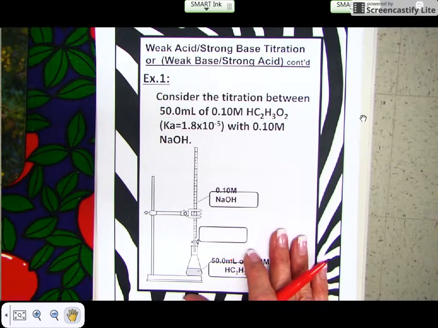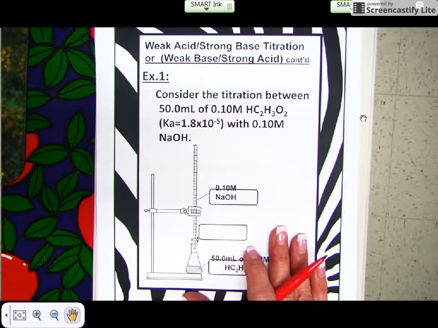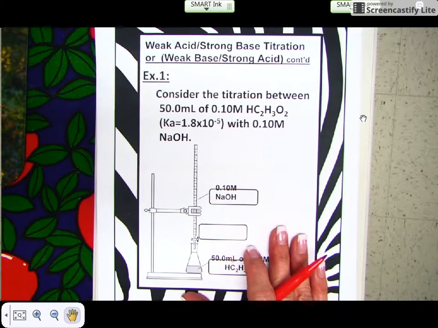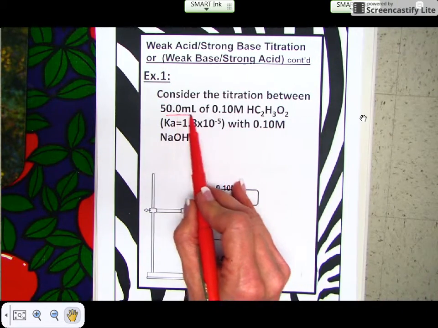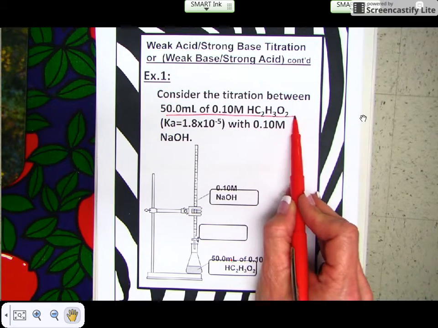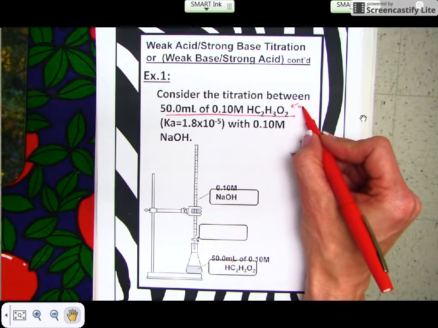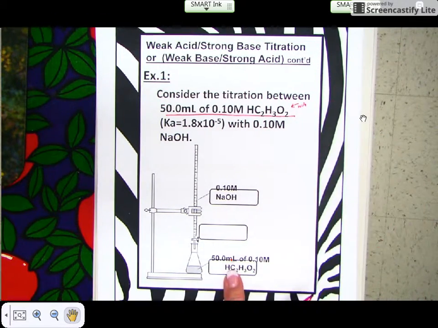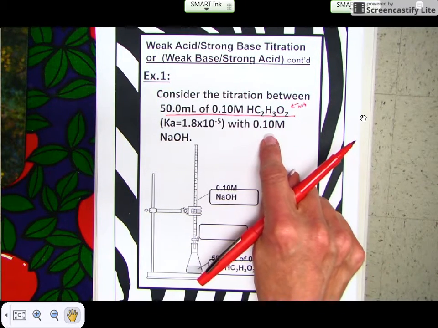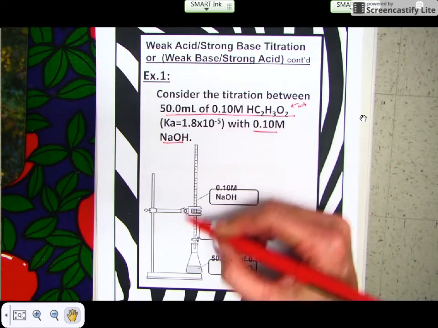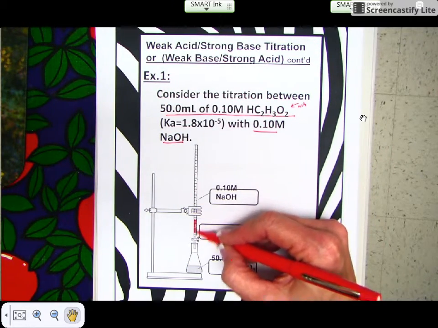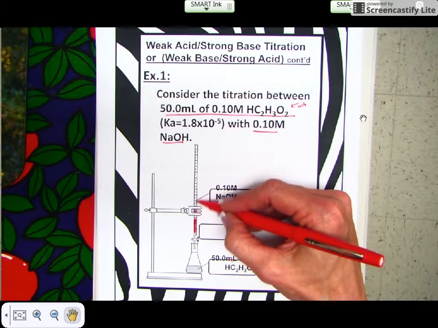So let me just remind you how this is similar to what we did on the strong acid, strong base titration in class today. Here we are considering the titration between 50 milliliters of 0.1 molar acetic acid. Now notice this is a weak acid, and that's what's in the flask. And you're titrating with 0.10 molar sodium hydroxide. So in the burette here, we have our sodium hydroxide, and it is